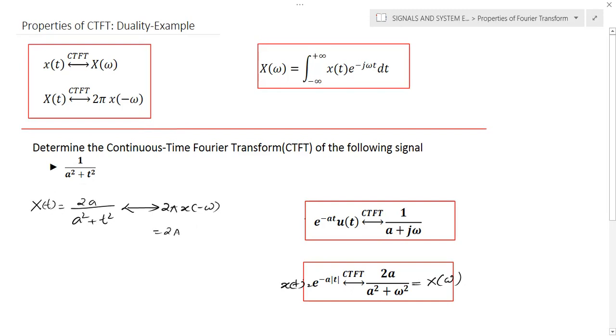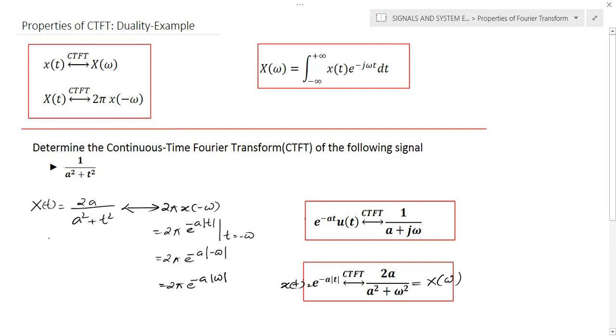And here small x of t is e raised to minus a modulus of t. So you can write e raised to minus a modulus of t at t is equal to minus omega. If you substitute that, you will get e raised to minus a modulus of minus omega. And this is a modulus, so we can simply write 2 pi e raised to minus a modulus of omega. Now we got